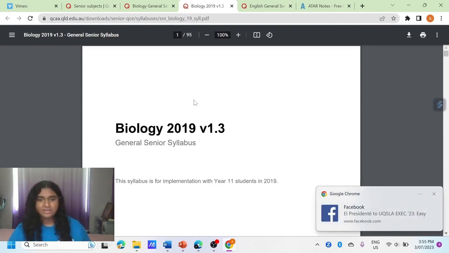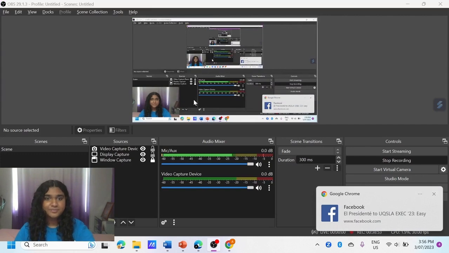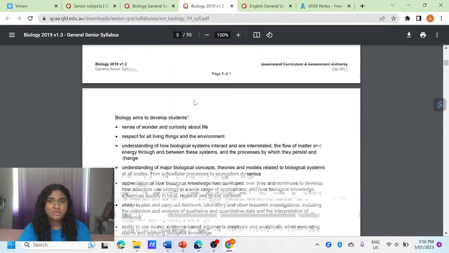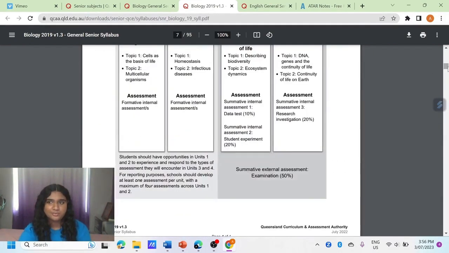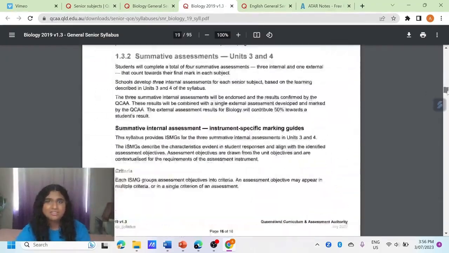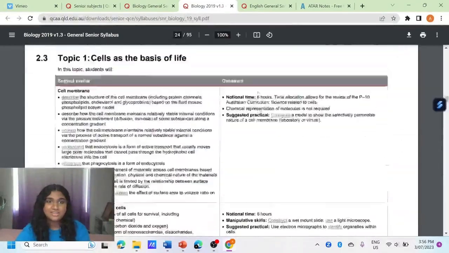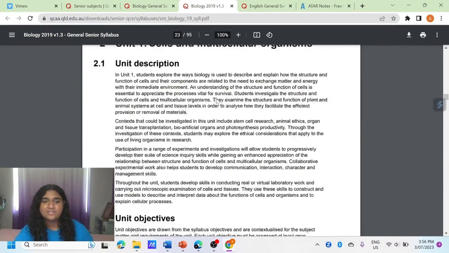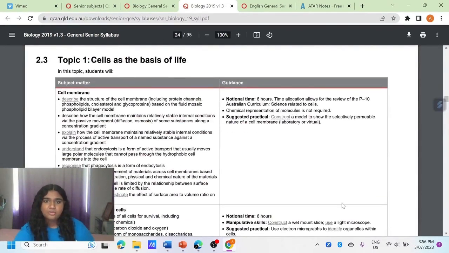Now, in the best way that I can describe it, oh sorry, I just tabbed to the wrong thing. There we go. This is sort of like the Bible for your respective subject. Everything that you need to know is going to be in this one document. Honestly speaking, the first couple of pages are a little bit useless, but what is going to be important to you is these big tables. So once you hit one of the units, this is unit 1 for any of the grade 11s watching here, you'll come across these massive tables of the topics under each unit,